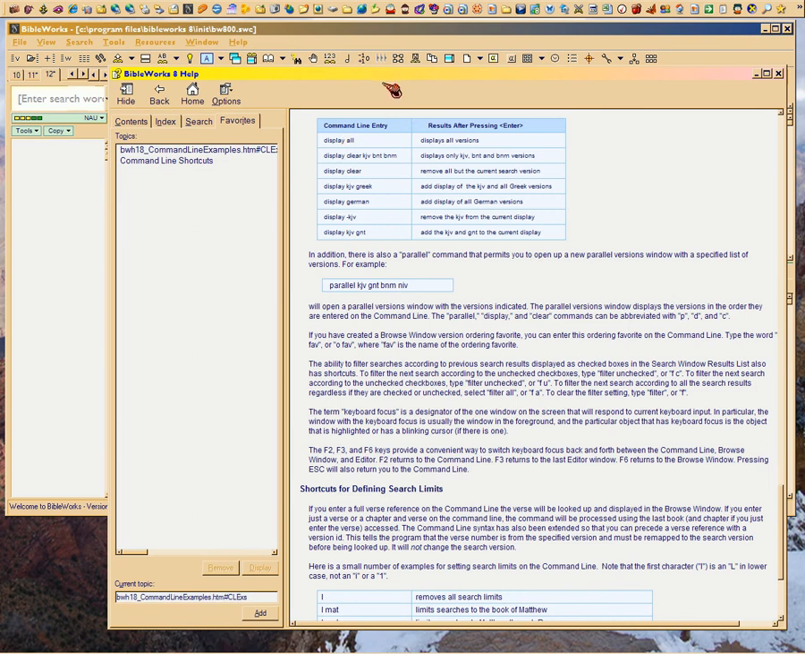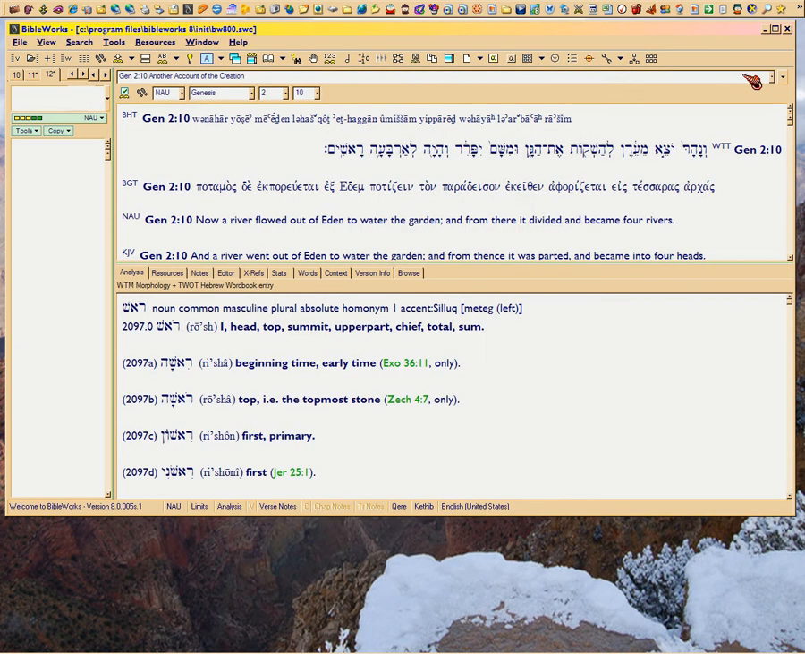Remember when we went through all that business about display and search options? There's a simpler way to do it, but you can't save them. You can just type display or clear. Let me show you. If I say display all,